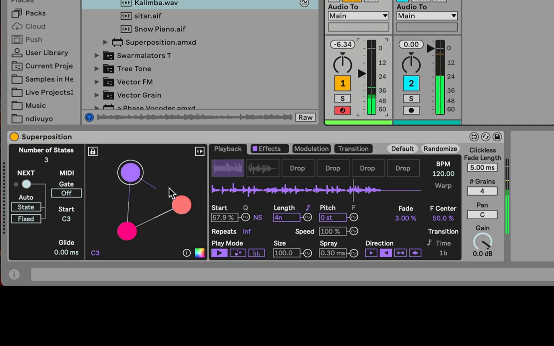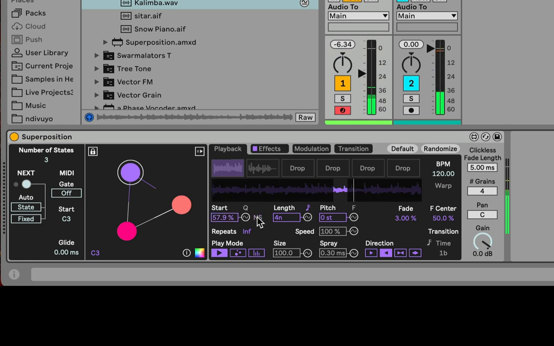So NS removes the state's set start and sample, and instead this state becomes like an open-ended state, maybe a repeat effect or other effects. So this state becomes almost an effect to apply to the last state that was playing back, if you have NS on, or you can use it in different ways, I guess. Anyway, the next parameter is